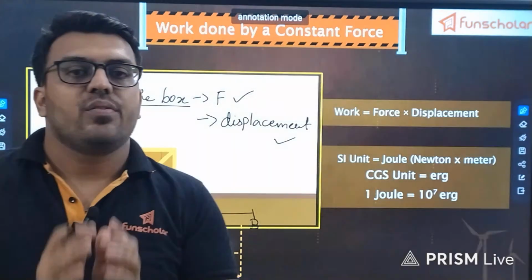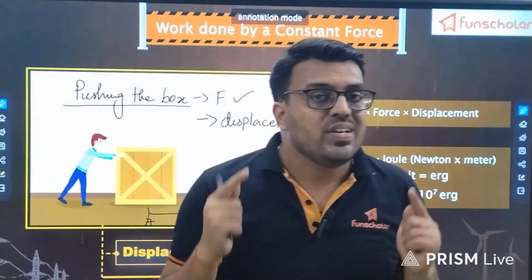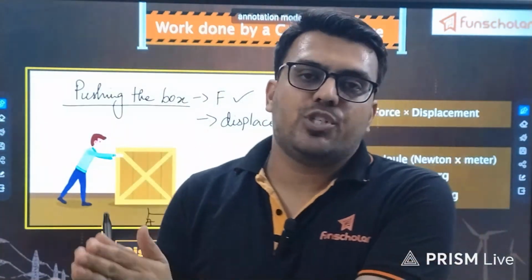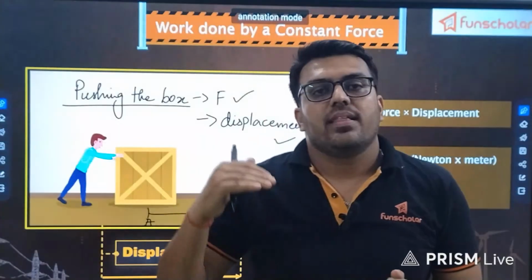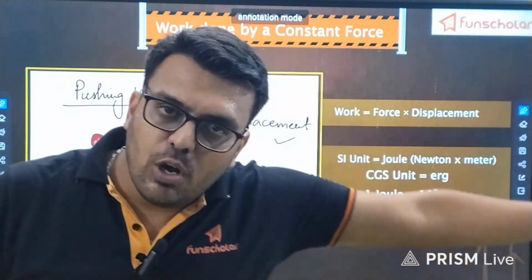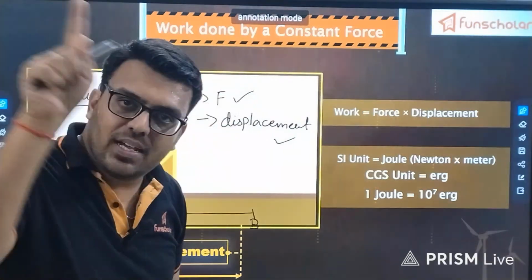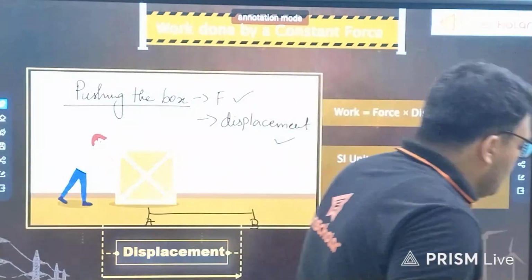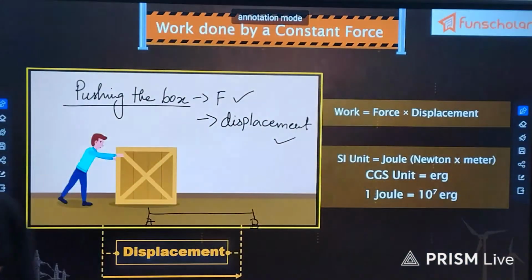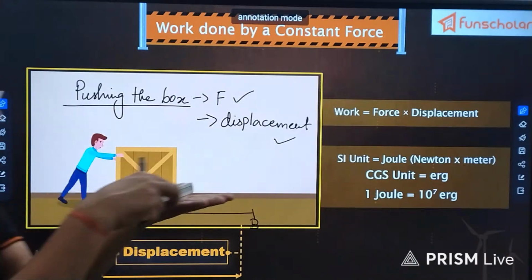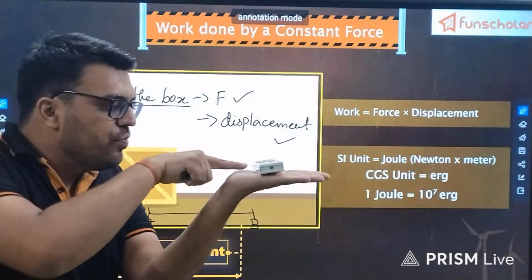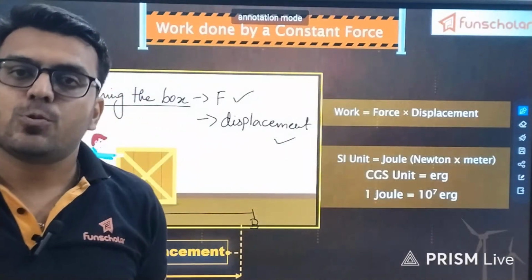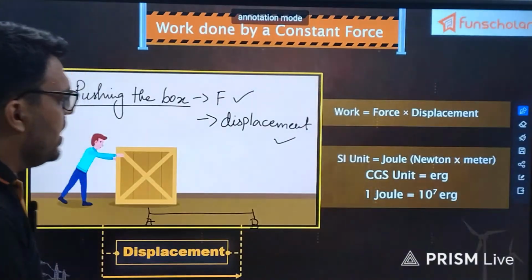So in science, in physics, dear students, when we define work, we say that work is said to be done when a force applied on any object produces displacement in the direction of the force. If you have pushed the object, then you have applied the force, and that force has caused the displacement. Let me give you an example. Suppose I have taken this object, now I have applied a force, I have pushed it and it is changing the position. So there is force, there is displacement,